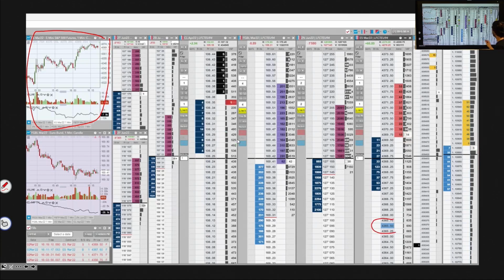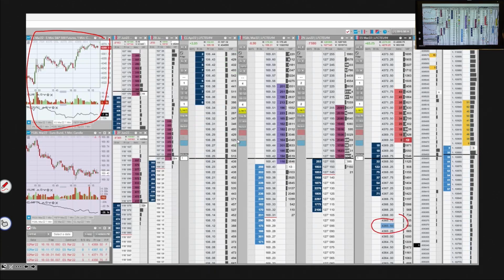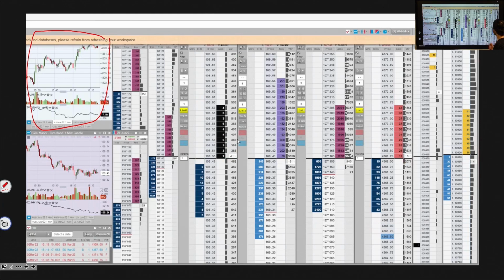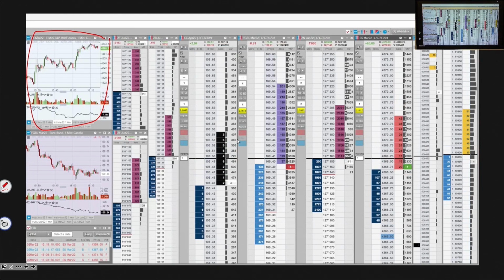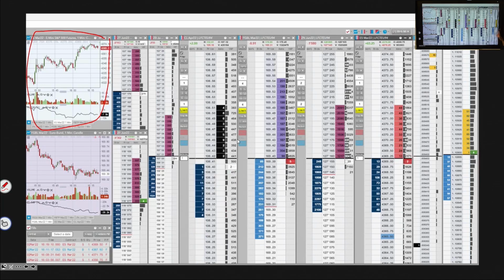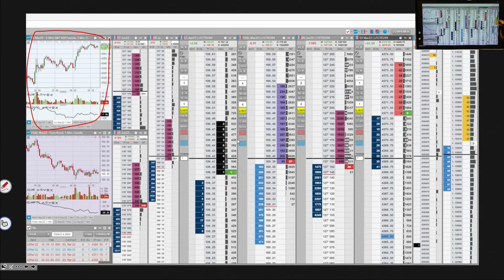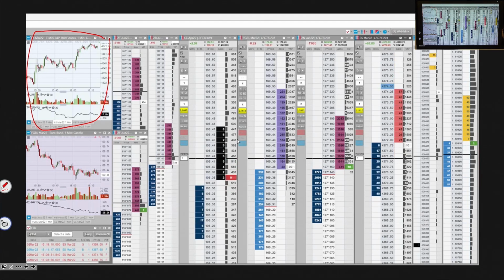So I think I actually marked out the point here, so 65.5 must have been the halfway, and that was my point to look in. Now there was a bar that came up the top, and so this is where watching this video is going to get tricky, because you can't actually see my entry anymore. So what happened here is that